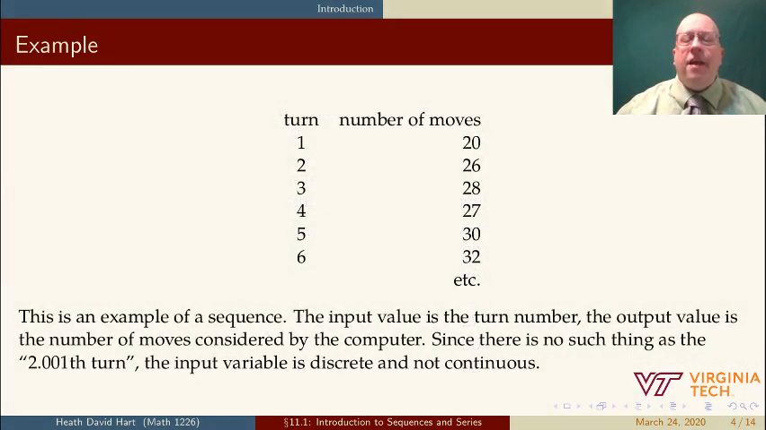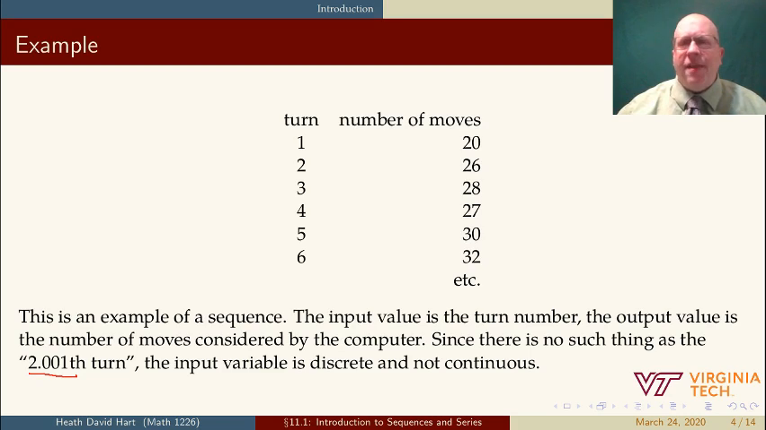This is an example of a sequence. The input value is the turn number. The output value is the number of moves considered by the computer. The turn number has to be a whole number. There's no such thing as the 2.001th turn. And so we can't do things like limits as x approaches 3 or the derivative at x equals 4,